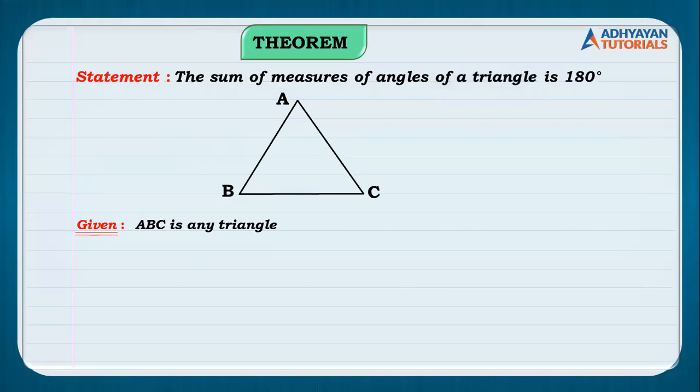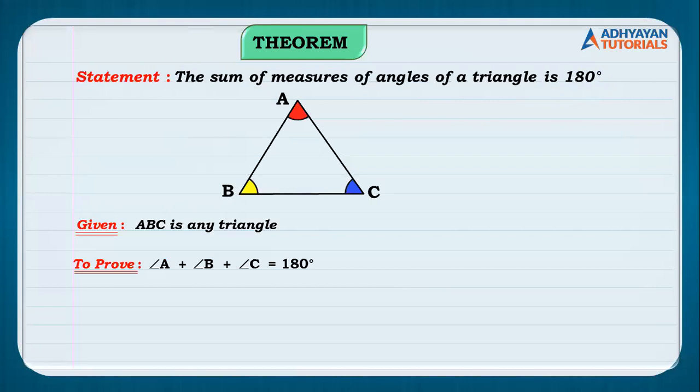There are many students who might have thought that the given part is sum of the measures is 180 degree. You all are wrong. That is not the given. The only thing which is given is a triangle, right? The next step after given, children, is to prove. So what is to prove here? Right, यहाँ पे maximum students correct होंगे. That is, sum of 3 angles is 180 degree, and we won't write it in the way of statement. We write it mathematically. That is, angle A plus angle B plus angle C is equal to 180 degree. This is what we need to prove.